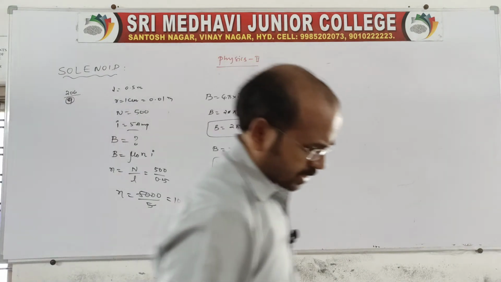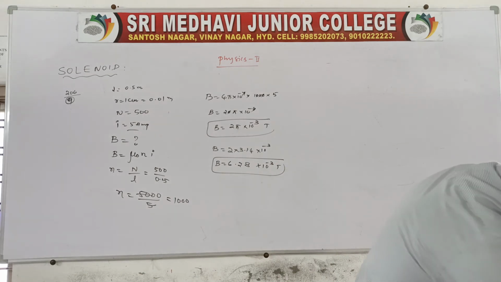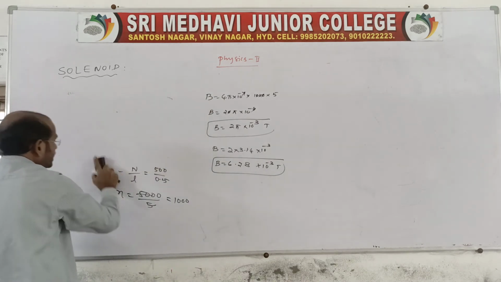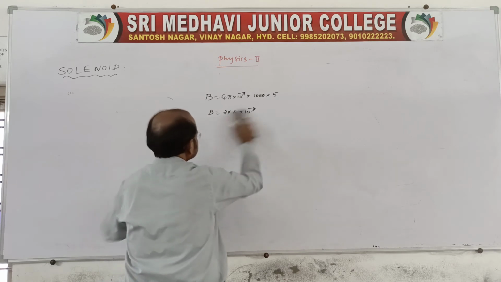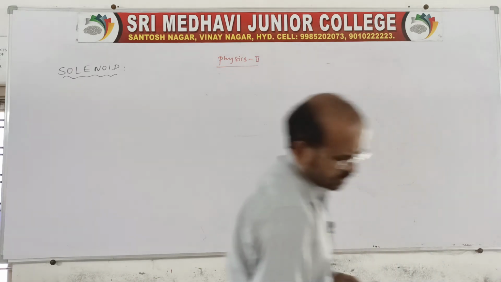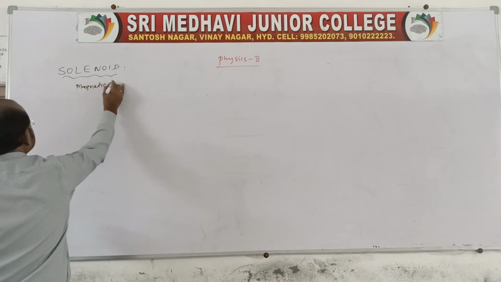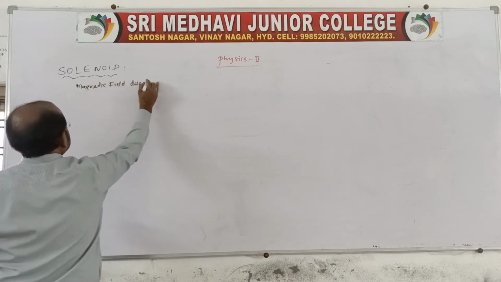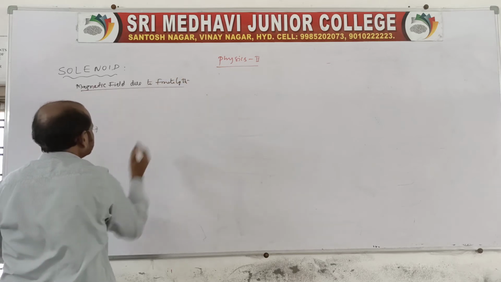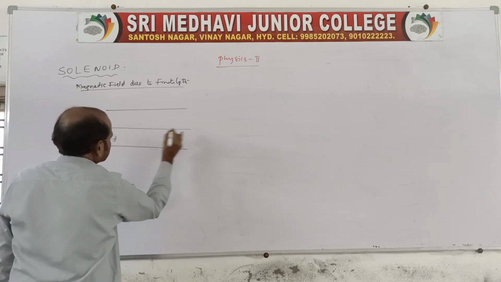Okay, now, that was for a solenoid of infinite length. Now I want to say about a finite length. Same question, solenoid only, but now you need to take a finite length. Let us take the length of the solenoid as finite. We want the magnetic induction or magnetic field due to a finite length of the solenoid. Here you take a finite length, right?